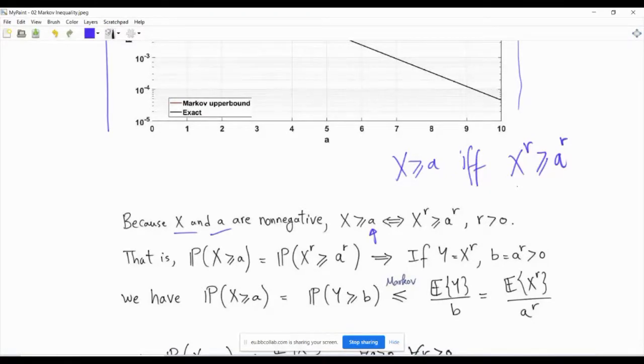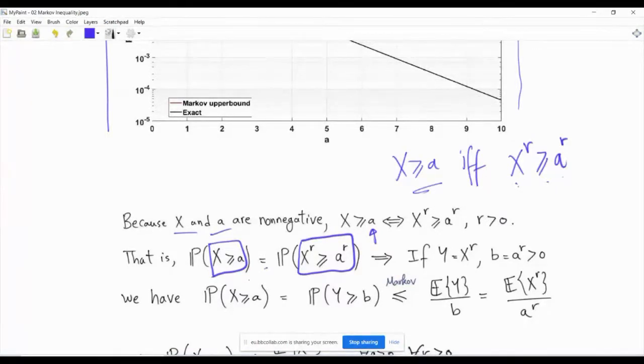R maybe 2, maybe 3, maybe 4, and so on. Right, so you have an inequality, and both sides of the inequality are non-negative. That's great, because raising it to some power will not change the sign or do something that may confuse us. So you can just basically raise to the power r, and then you can take the rth root of both sides here to get this one. So these two are the same. So the trick is to say that for non-negative random variables x and for a positive a, this event is equivalent to x to the r greater than or equal to a to the r, so they have the same probability, right?